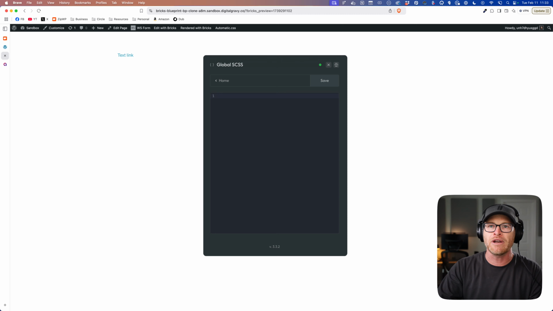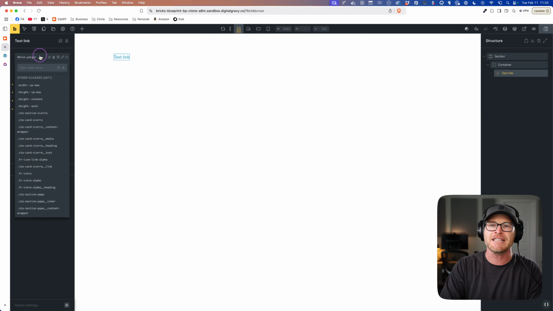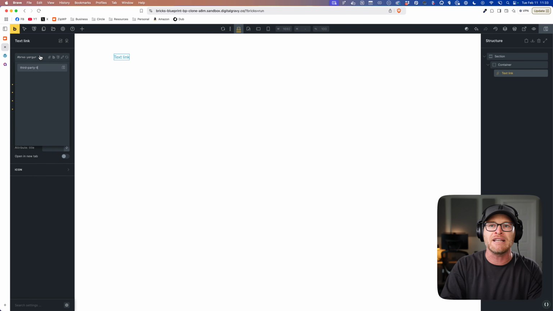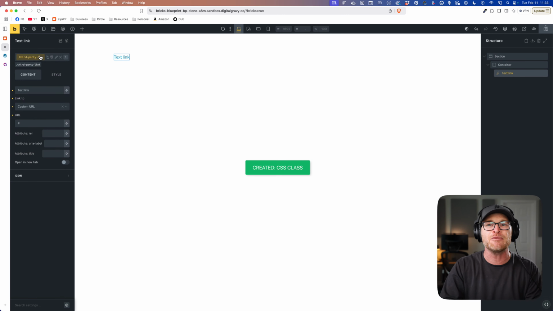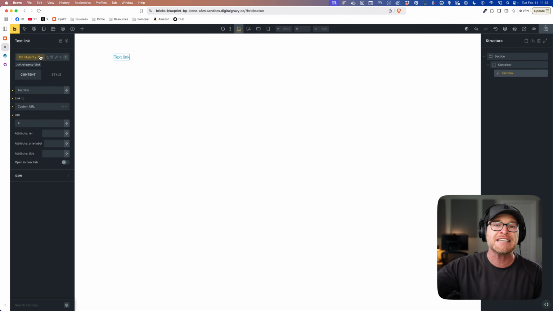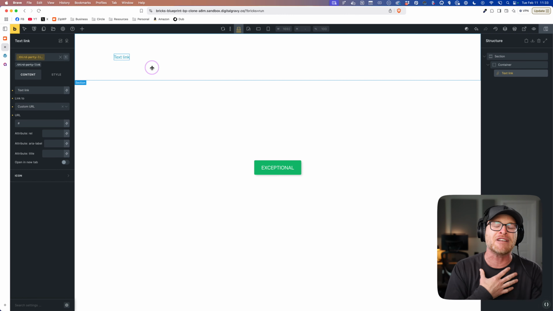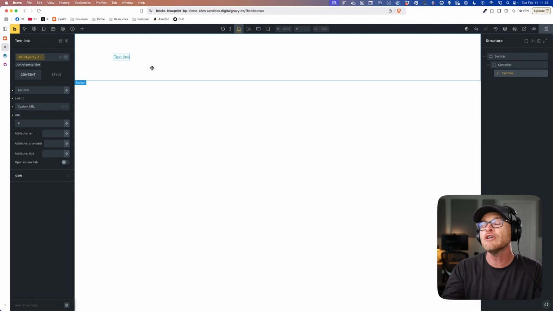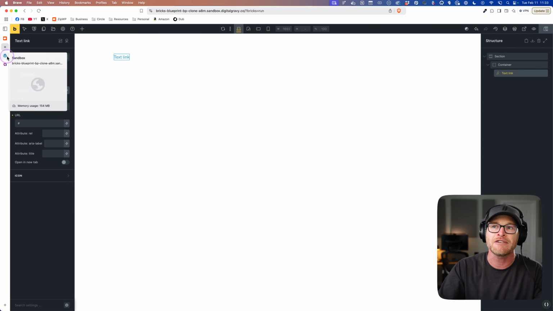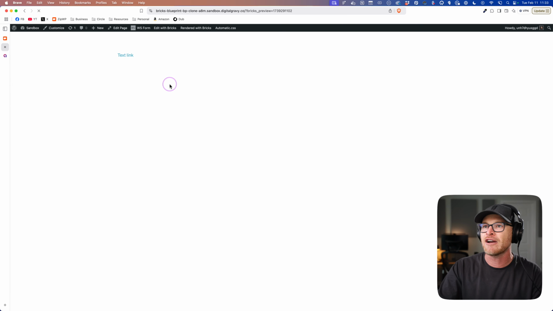Now, very important, actually, let me go in here and give it a class. I just wanna be able to select it, and we're gonna call it third-party link. We're gonna pretend that this link was added by a third-party tool. It could be a form tool. It could be a faceting tool like WP Grid Builder Facets, for example. It's essentially something that we don't really have a lot of styling control over. It's a link, and we want it to look like a button. This could be a facet that we want to look like our buttons and all that kind of stuff, right?